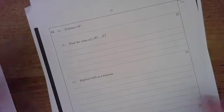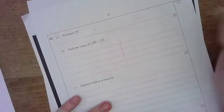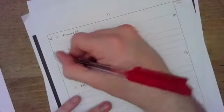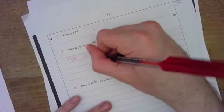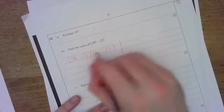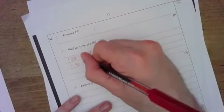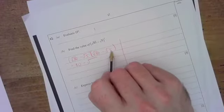Easiest mark in the entire GCSE paper, evaluate 19 to the power 0. Okay, it's 1. 2 ways to do this. I'll show you both ways because there's a really neat way of doing that. The long way is to say it's root 80 minus root 5 times by itself, which is root 80 minus root 5. That's going to be root 80 times root 80, which is 80. Root 80 times by minus root 5, which would be minus, so you do 80 times 5,